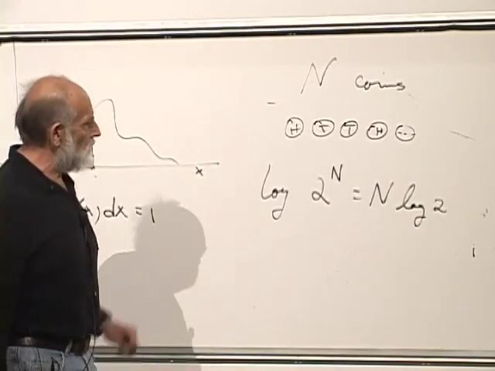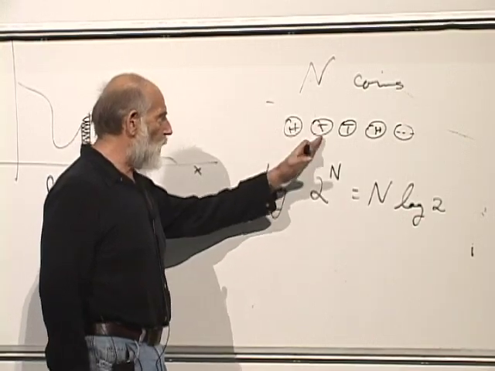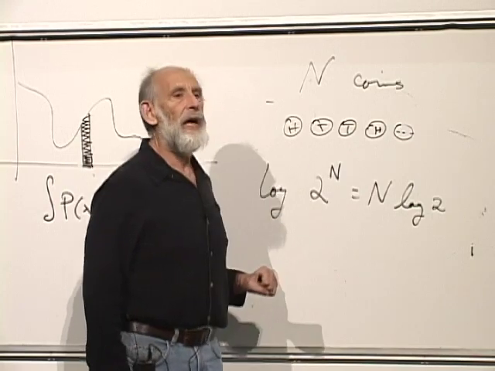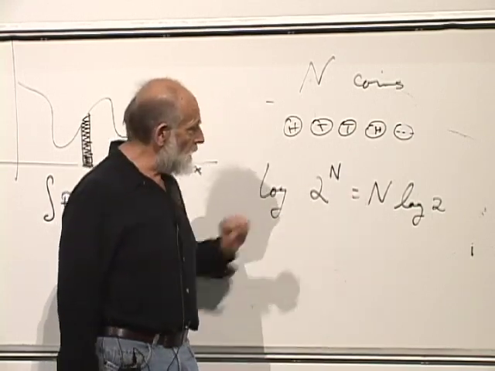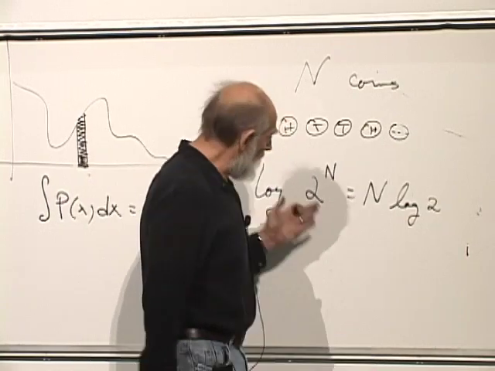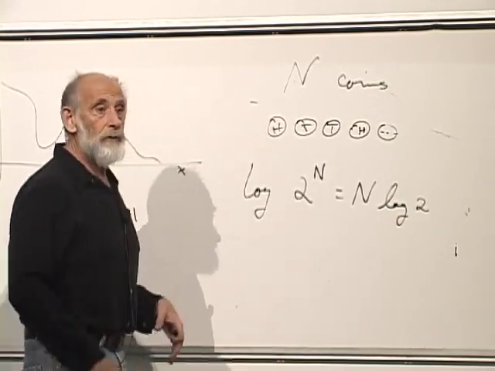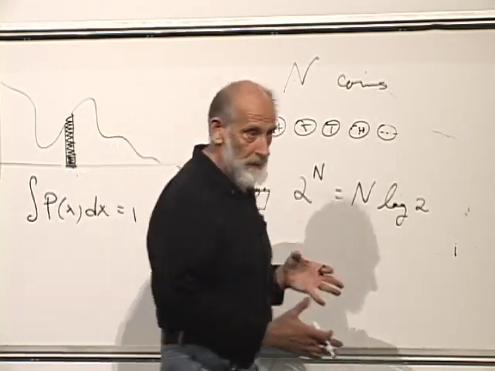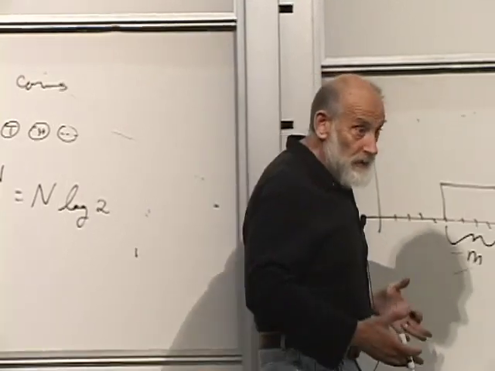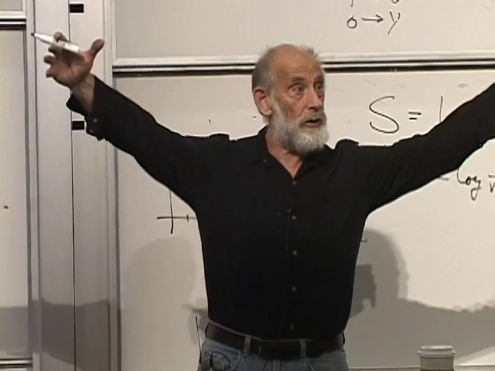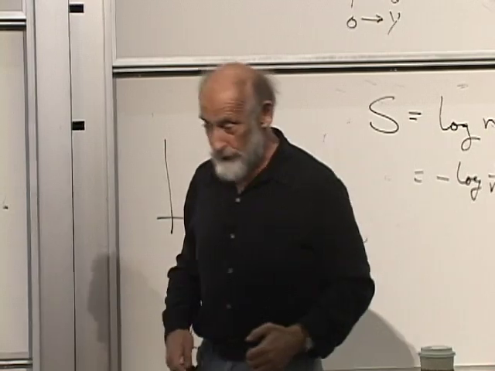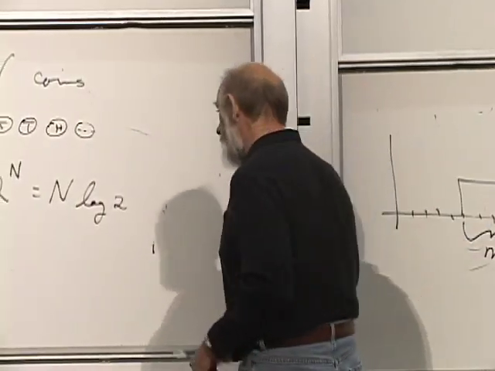Notice that the entropy now is proportional to the number of coins. It makes sense now to talk about the entropy per coin. The entropy per coin is logarithm of 2. By taking the logarithm, we reduce entropy to something which is additive, which adds up over the system, which is proportional to the size of the system. The entropy in this room is proportional to the number of molecules in the room. But the only reason that it's proportional is because I've taken this logarithm. So here's an example.